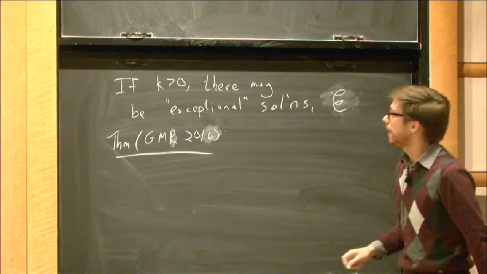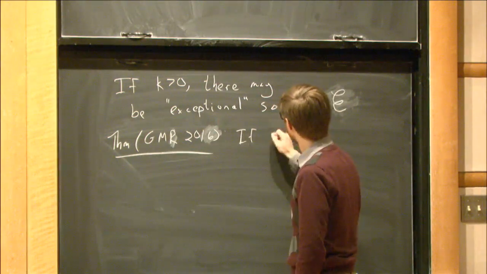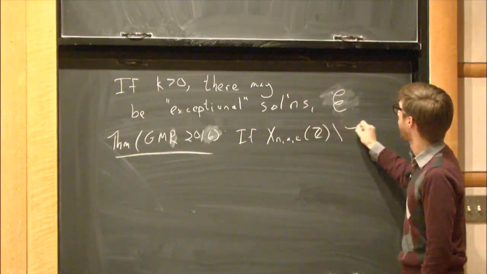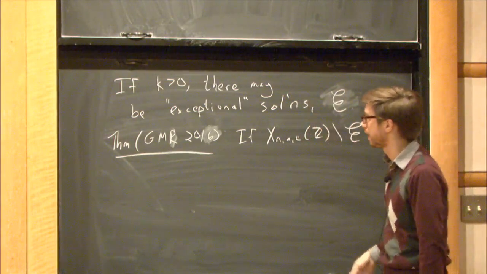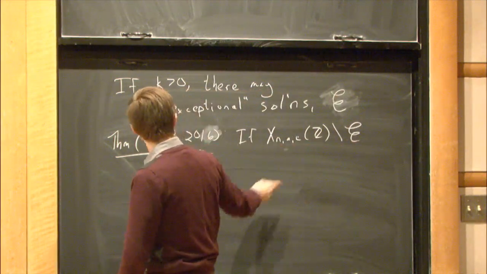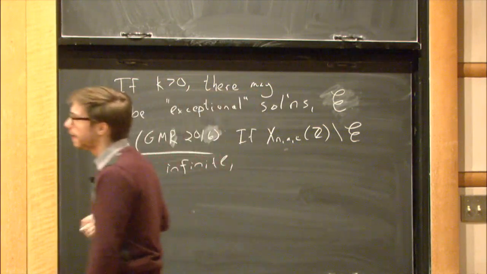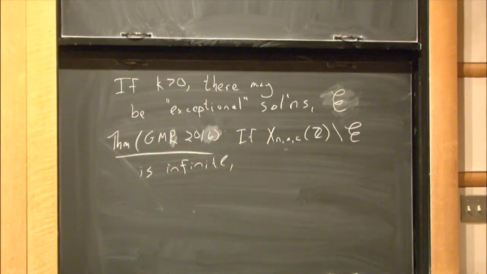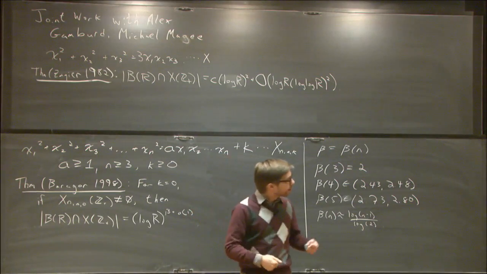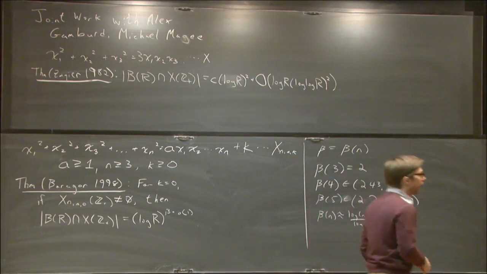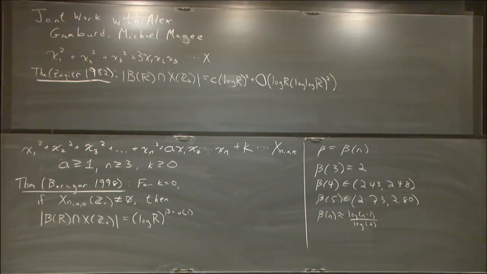Says that if the number of positive integral solutions, without the exceptional solutions if they exist, is infinite, this is a stronger condition than what was needed over here. Again, that comes from that parameter k, which throws off the early part of the argument. But if this set is infinite, then the formula that we obtain is that the number of positive integral solutions